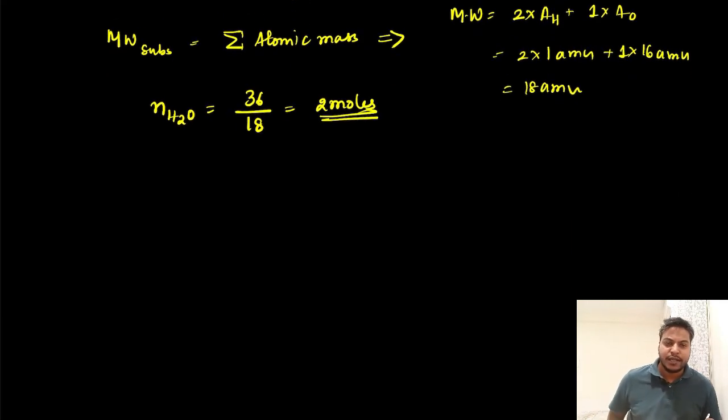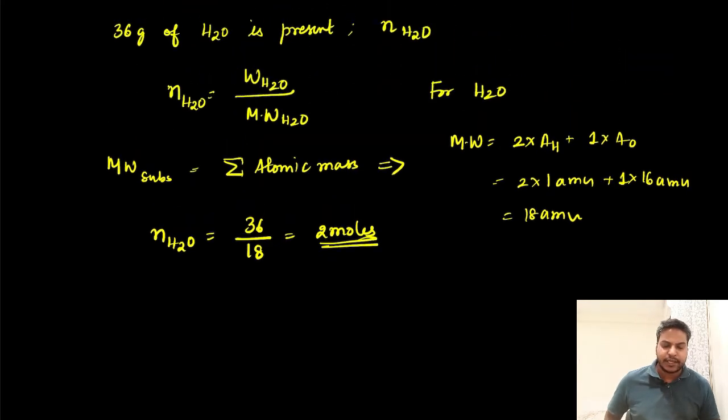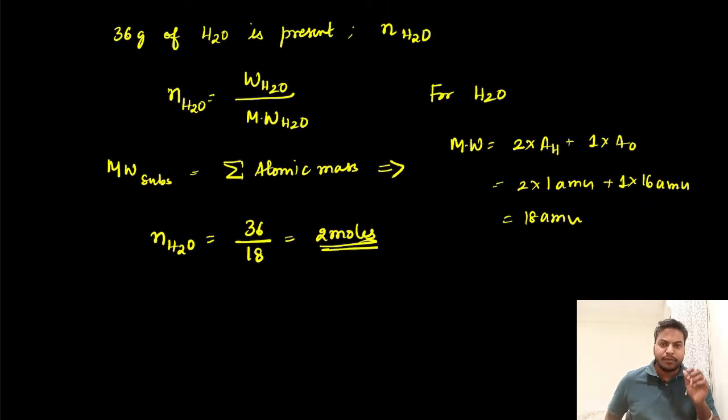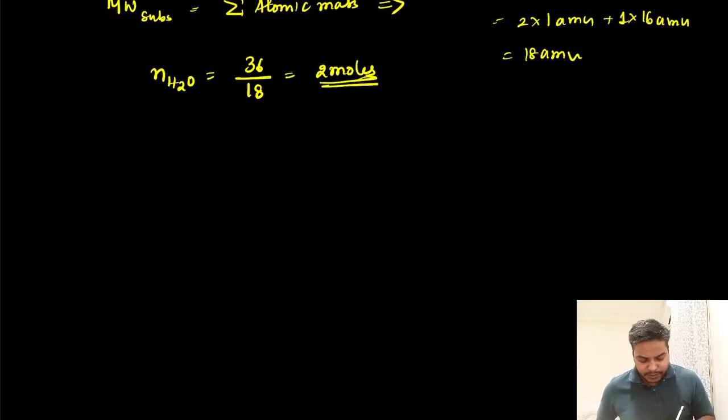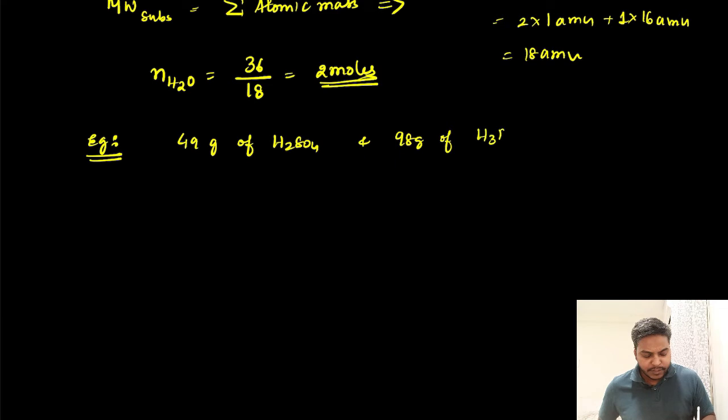Everybody who is very new to this, who's not able to understand, please go through this once again. See, I would suggest go by term. I'm giving one more example just for the sake of understanding. If I give you 49 grams of H2SO4 and 98 grams of H3PO4, we need to find out what are the number of moles here and the number of moles here. The first thing I would suggest all of you to do in these cases is calculate the